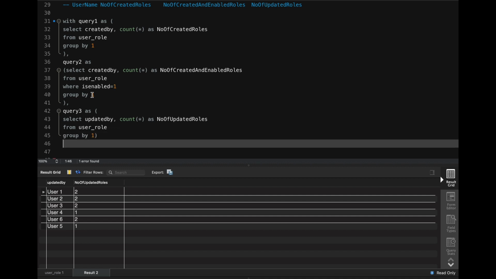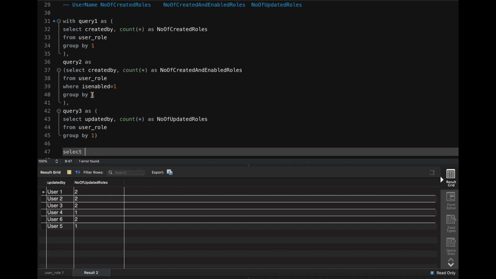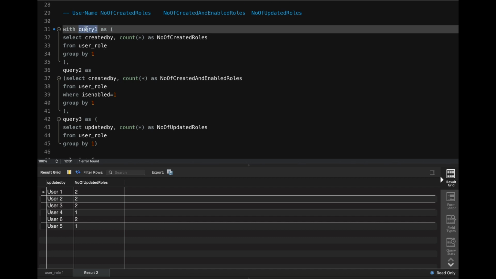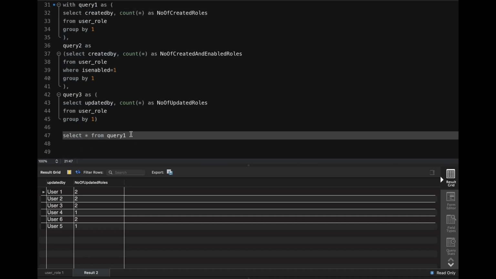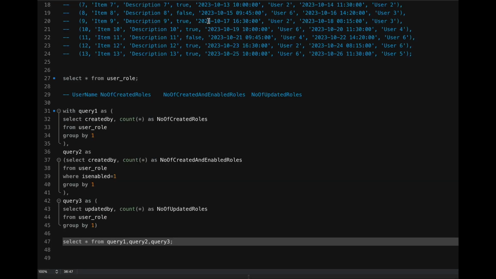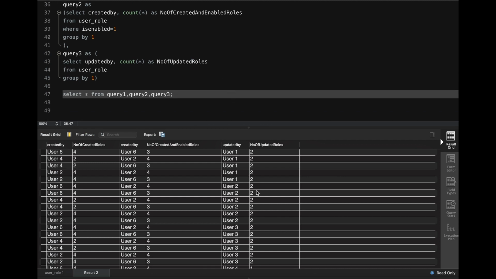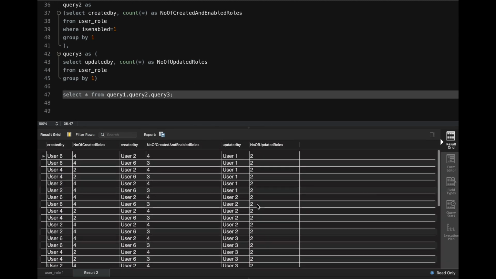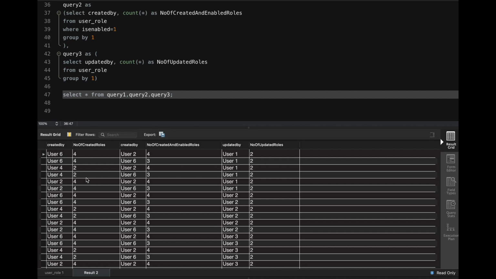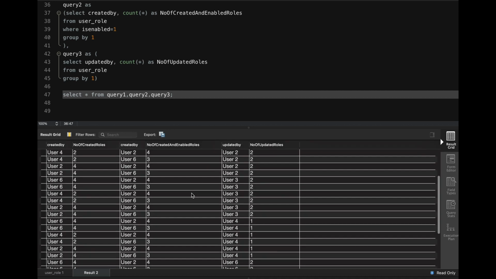Okay, and if I do select of, so now that we have these names, okay. So right now it's not giving us the desired output because it's just simply doing a Cartesian join and